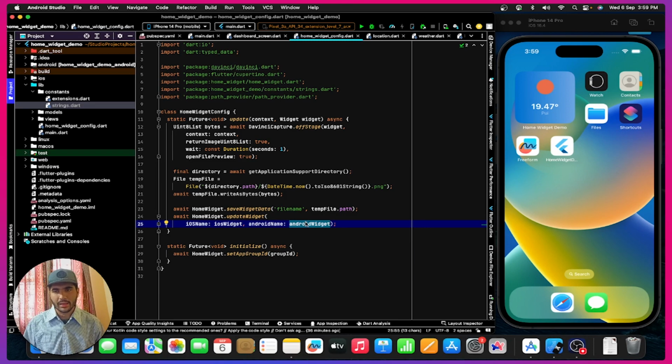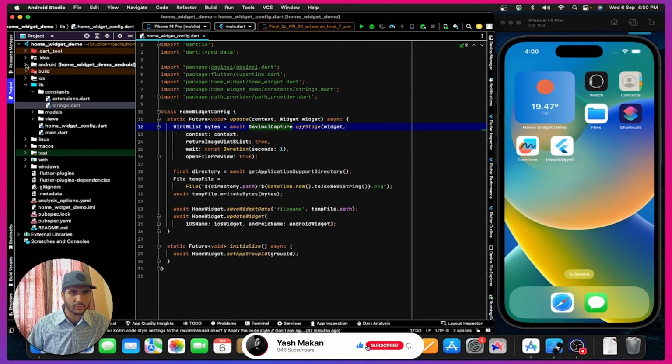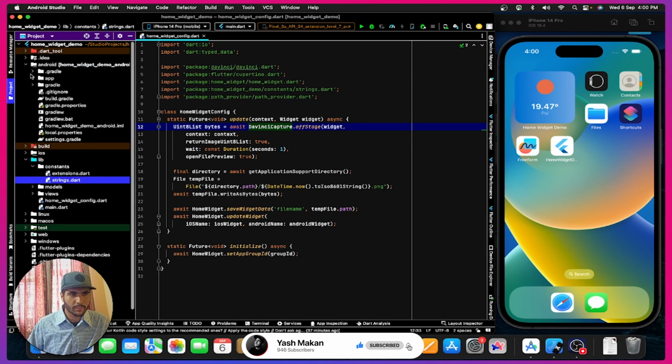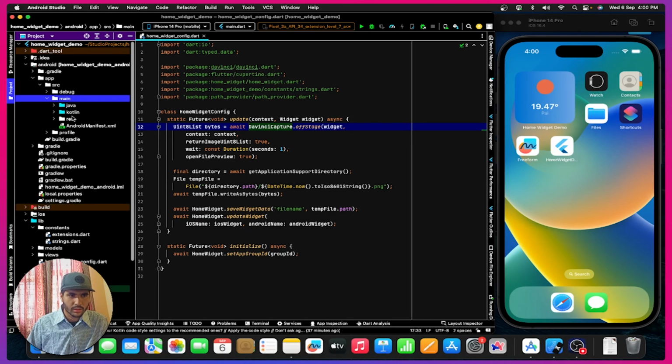Now I know it can be a little bit complicated, like why we are passing file name, what is this save widget data? So this save widget data is updating a variable that we have inside our native code known as file name. So to make things more clear, what I'll do is let's start with our Android configuration as well. Inside our Android, you can see if I close everything here, what you have to do inside the Android, open it up, go to app, go to src, then main, and here